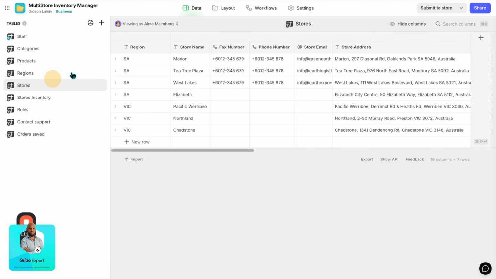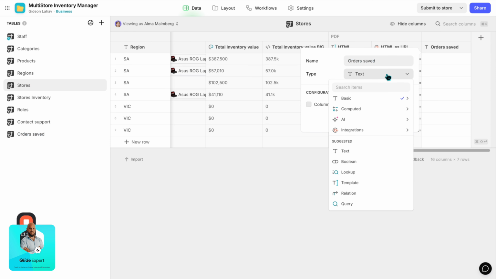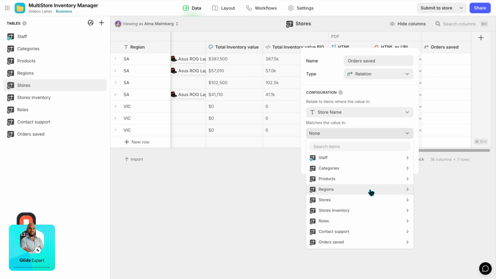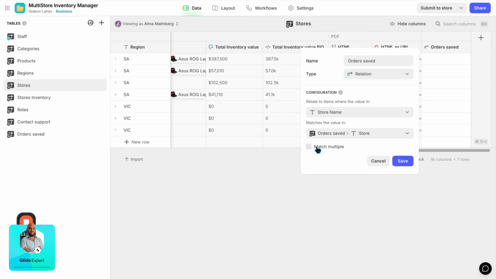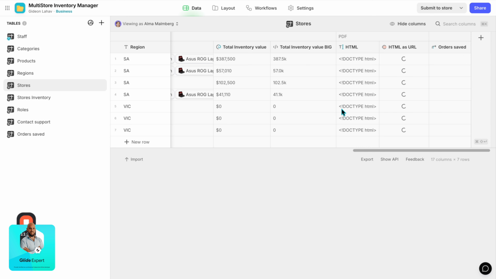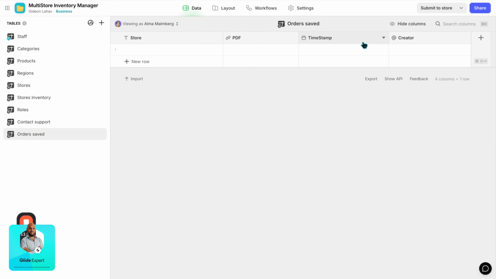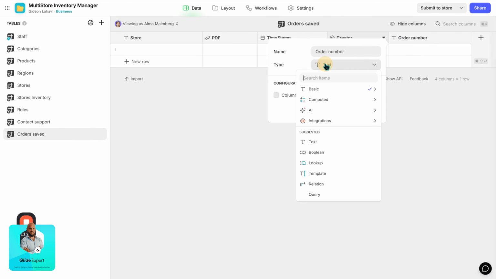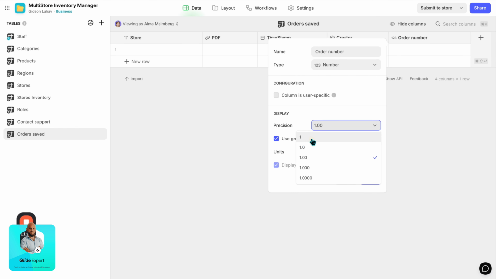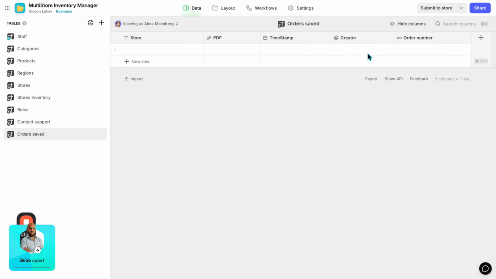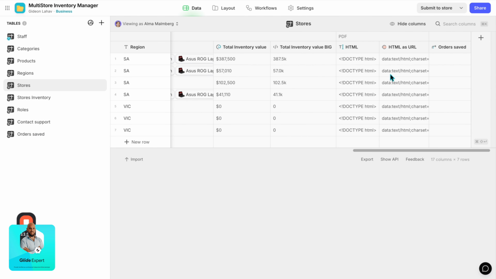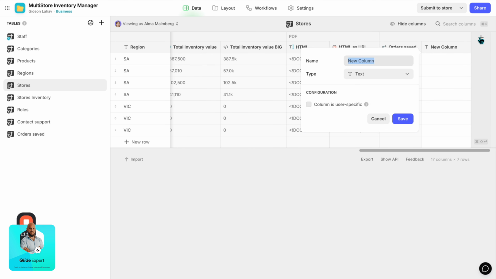And we're going to connect orders like this, make a relation from the store name to the store, match multi, and that's how we're going to save it in future. And we can also add order number. This will be number. Just save it, and now we can have a